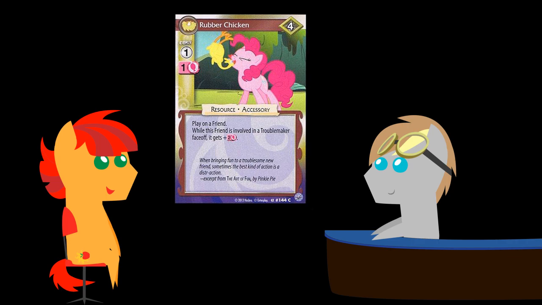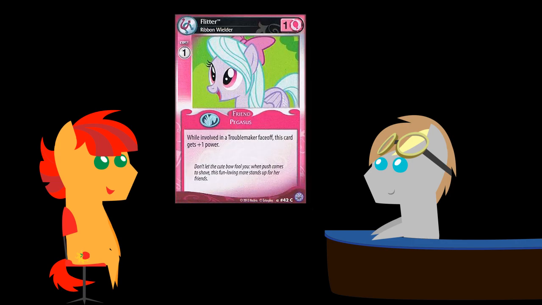It's actually one cost and one requirement, so it's a very cheap way to flip rarity. It's probably one of the weaker pink resources in terms of equipment. However, having rarity on the field gives it the +2 power to the end of the turn, which is very useful. Combine that with pink has a lot of entry cards that actually do have an ability. Flitter has the +1 during Troublemaker face-offs, so combined with Rubber Chicken, she's by herself at 4 power when